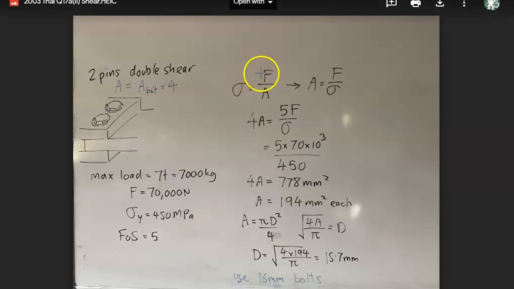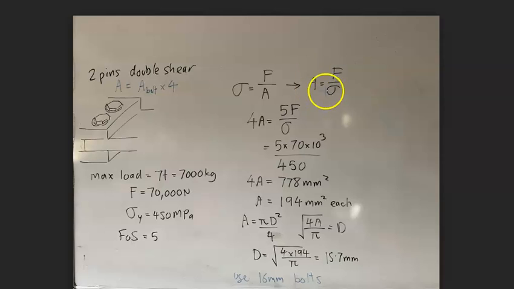So we know that stress equals force over area. Area, we can rewrite that formula and say area equals force divided by stress. You can use the triangles to calculate that, or algebra. I think that the triangles have a place, but eventually algebra just becomes easier and faster. So what we're saying here is we've got 4 times the area equals 5 times the force divided by stress. Now,